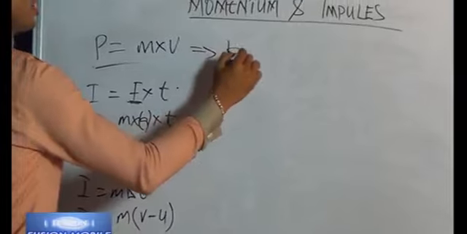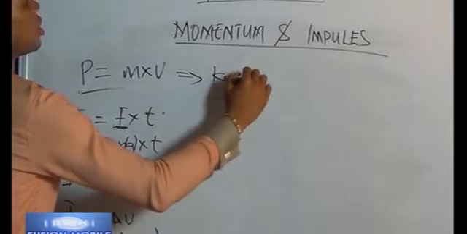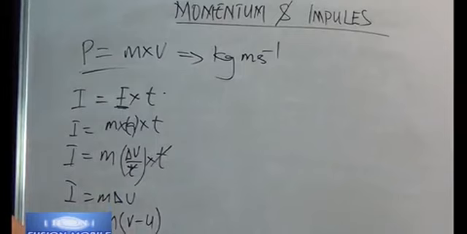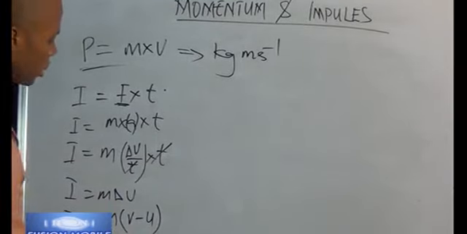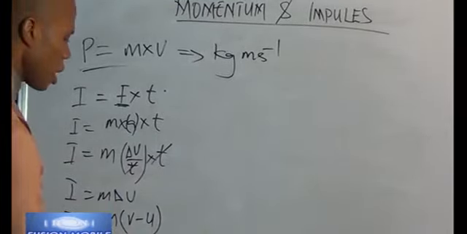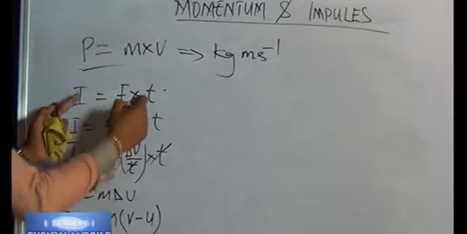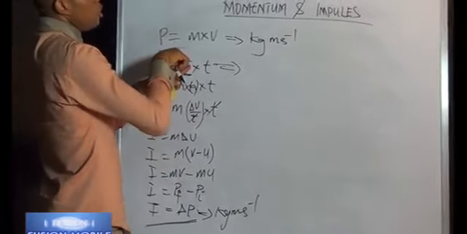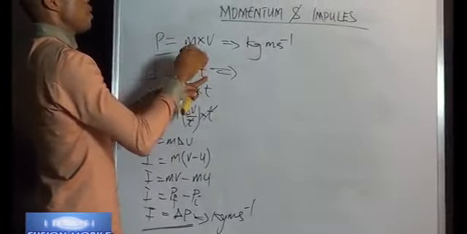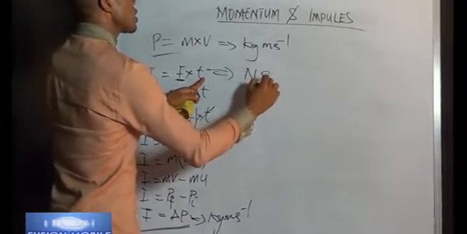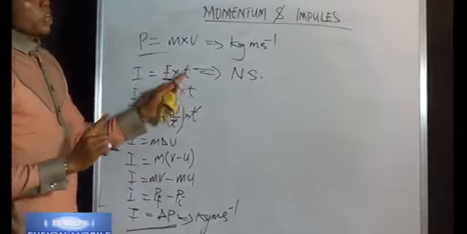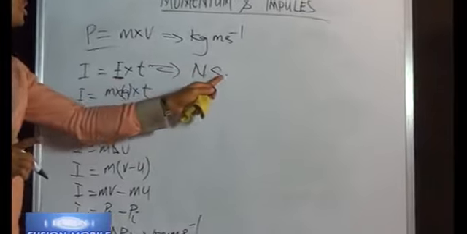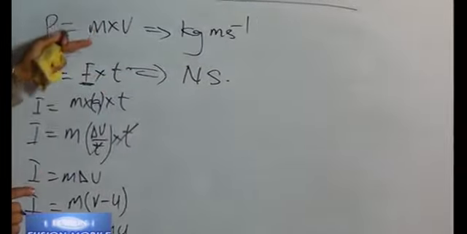I'm bringing down the units. This is mass times velocity. We have mass in kilogram, while velocity is in meter per second. Over here also, impulse, which is the same thing, change in momentum, is kilogram meter per second. But from here, which is talking about dynamics, we have Newton, which is force, and time in seconds. So we have Newton second. Please beware of this. Not Newton per second, but Newton second. It's only per second when it's force over time.